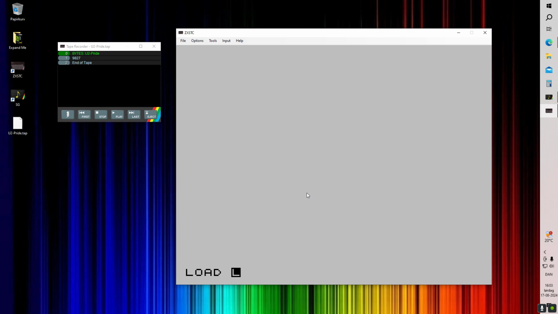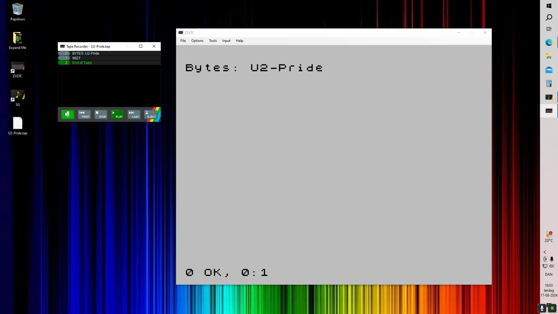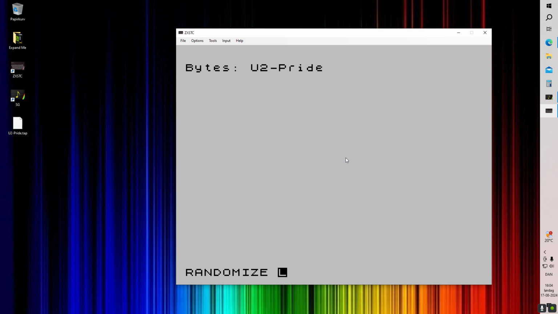And load. And I have a fast button for loading. User. Good. Then let's hear the song.